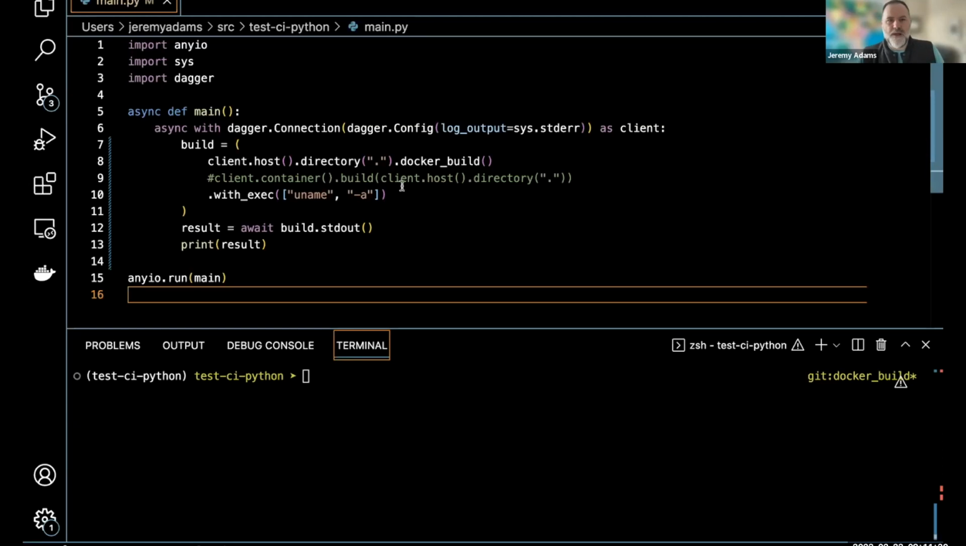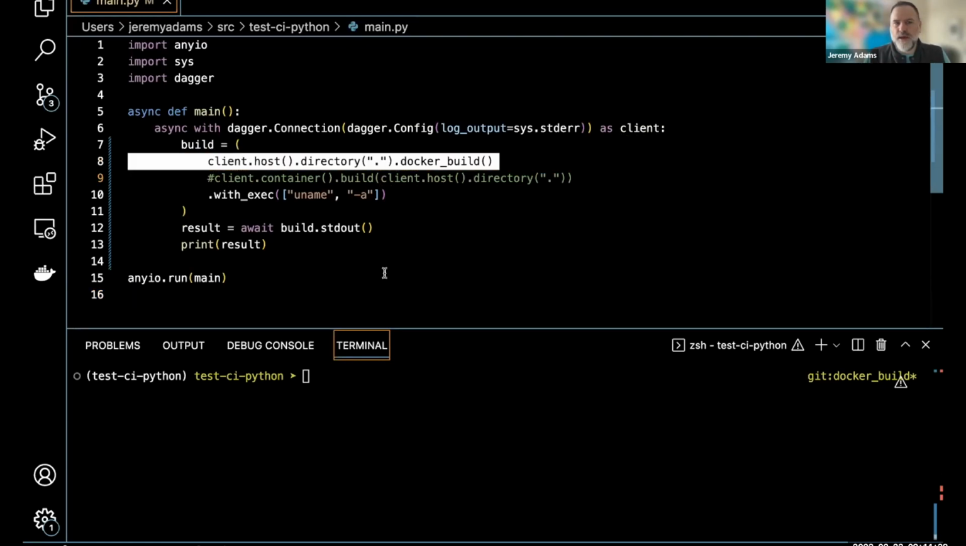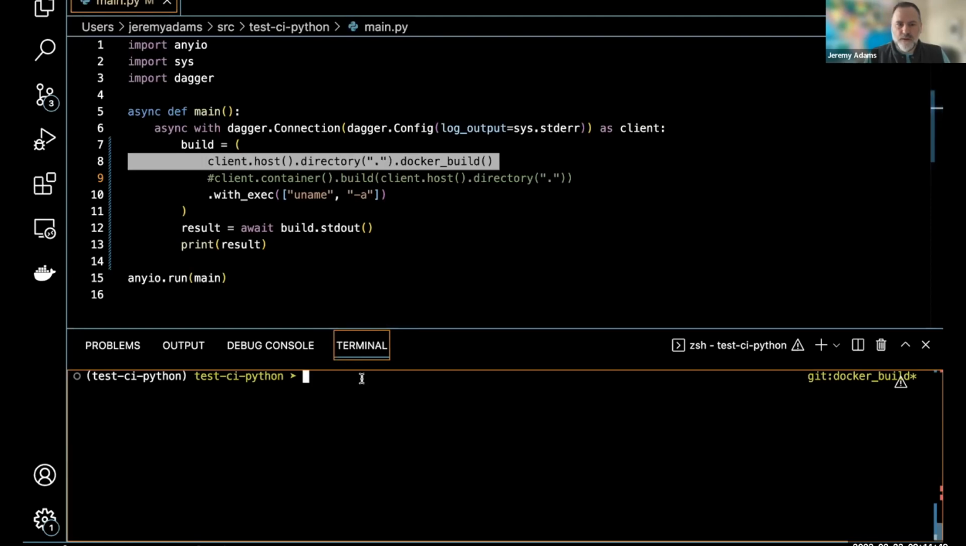Let's see where that guy is at here. Boom, sharing that. Okay, so here's now a Python example. Very, very similar, right? So if we look right here, we've got that directory approach that I just highlighted, right? So we got from the client host directory, getting the current directory, and running a Docker build. If we take a look in here, and this is running in this context right here in this test CI